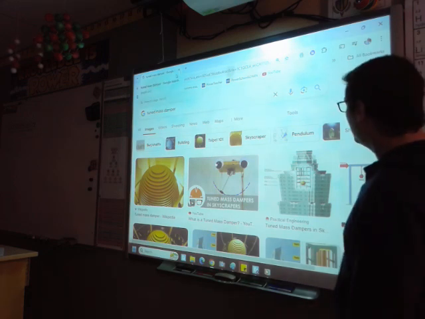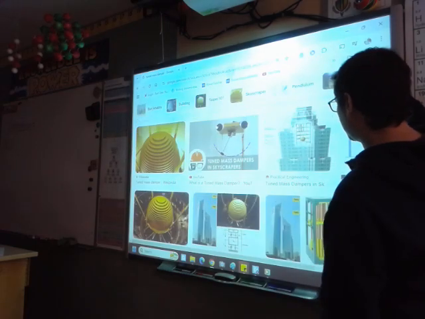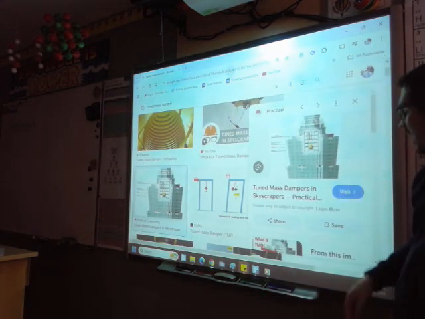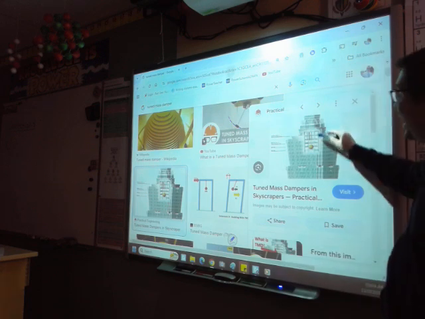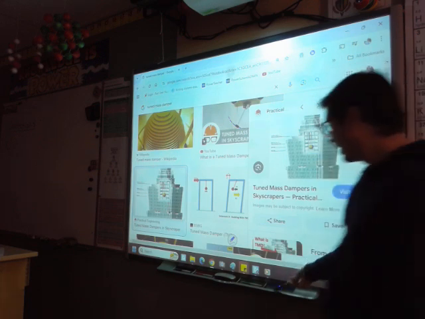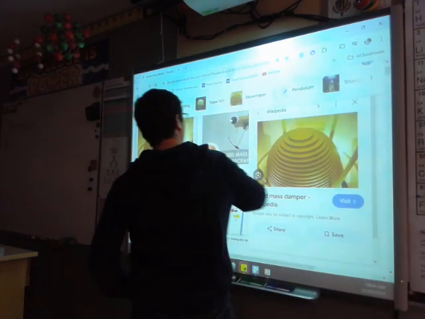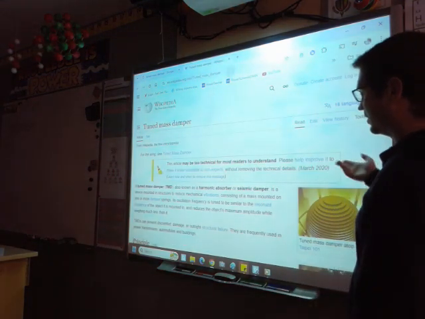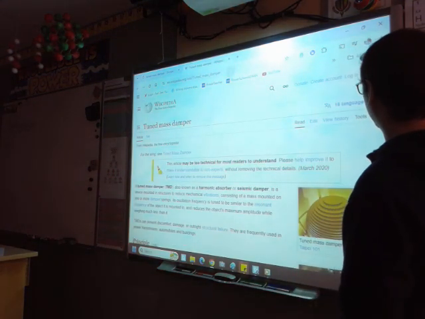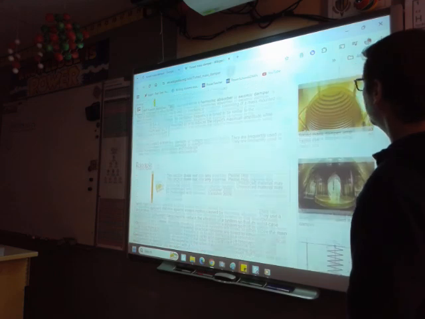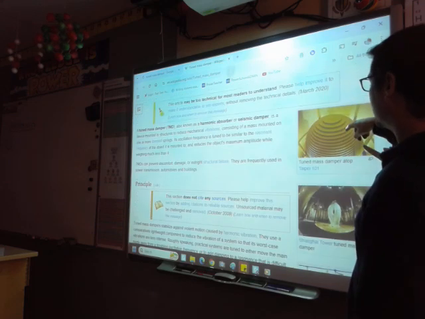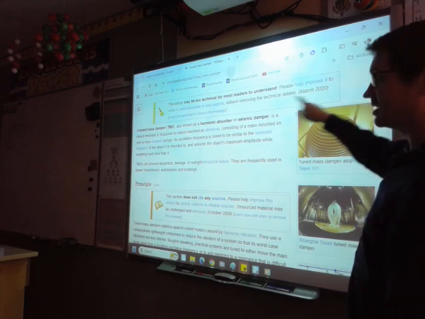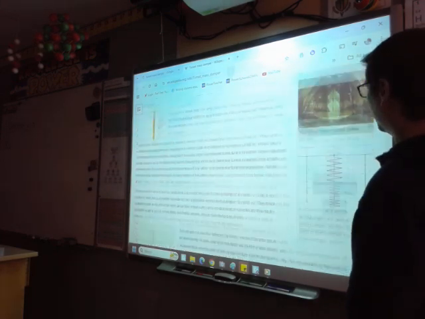And essentially what it is, so here's a building, and it's a giant pendulum, and here is the pendulum in the Taipei 101 building or something like that. There's basically a giant massive object that's being suspended in the middle of the building,